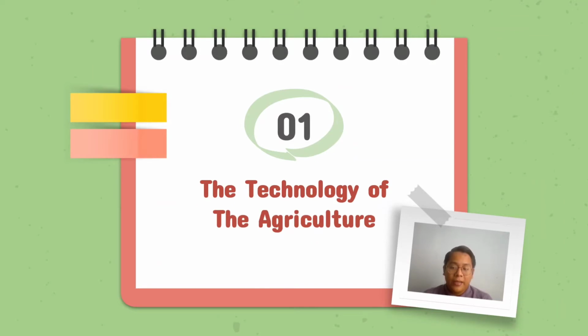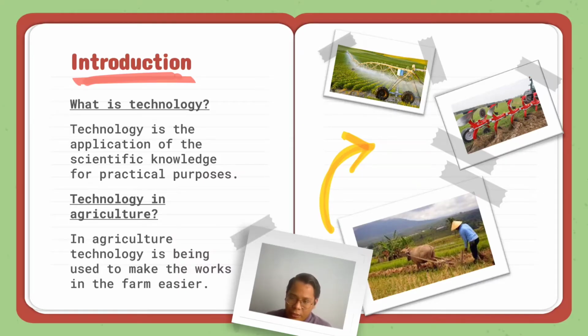The first content in my topic for today is the technology of the agriculture. When we talk about technology, what is technology really about? Technology is the application of scientific knowledge for practical purposes. In other words, technology can also mean the skills, the techniques or the machines that can help and improve our work. In the agriculture sector, we also have our own technology that can help improve and make our work